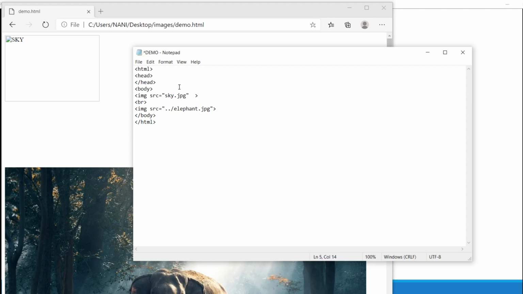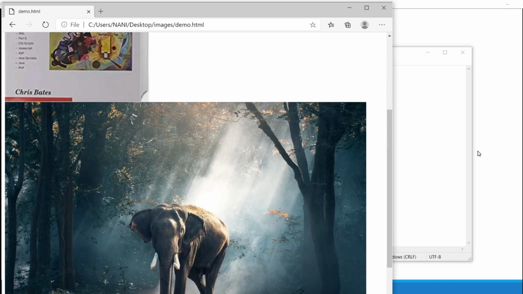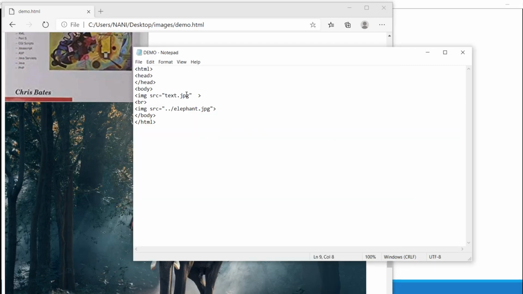So delete this and place text.jpg. Here I'm getting the text. So see with text.